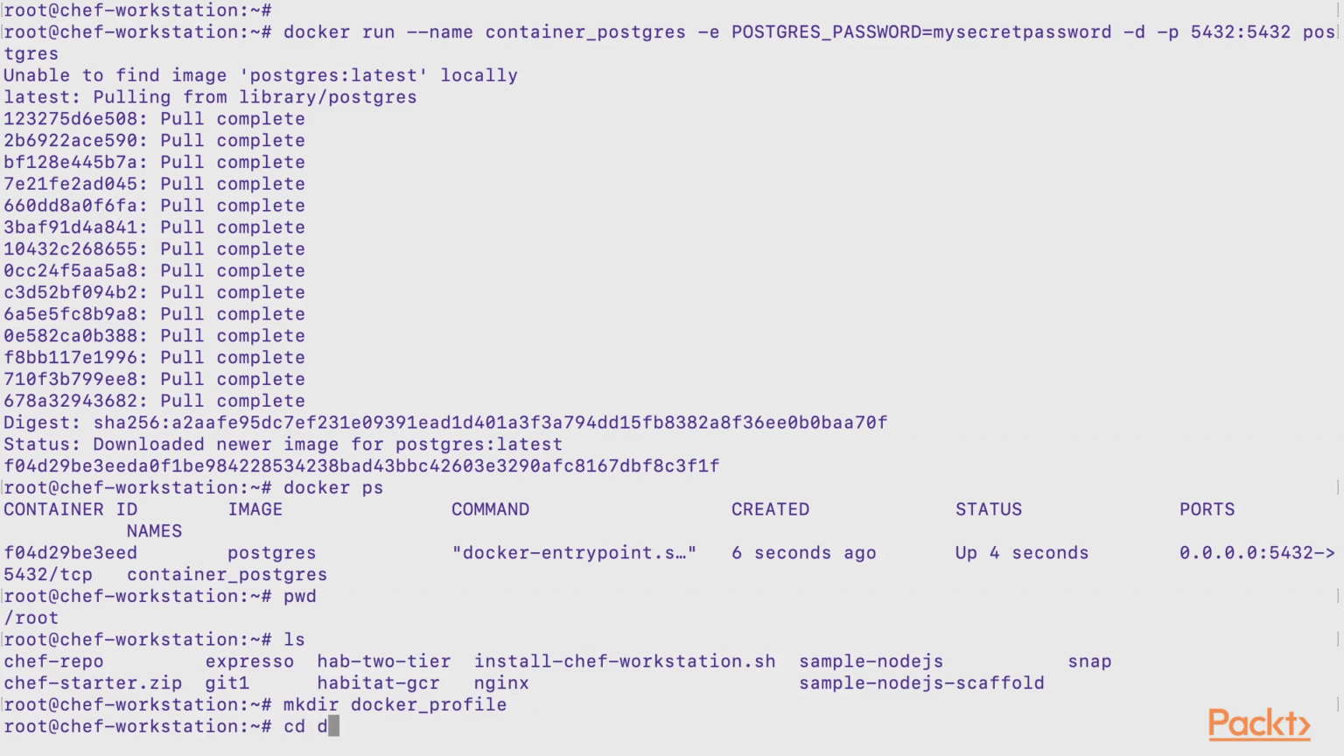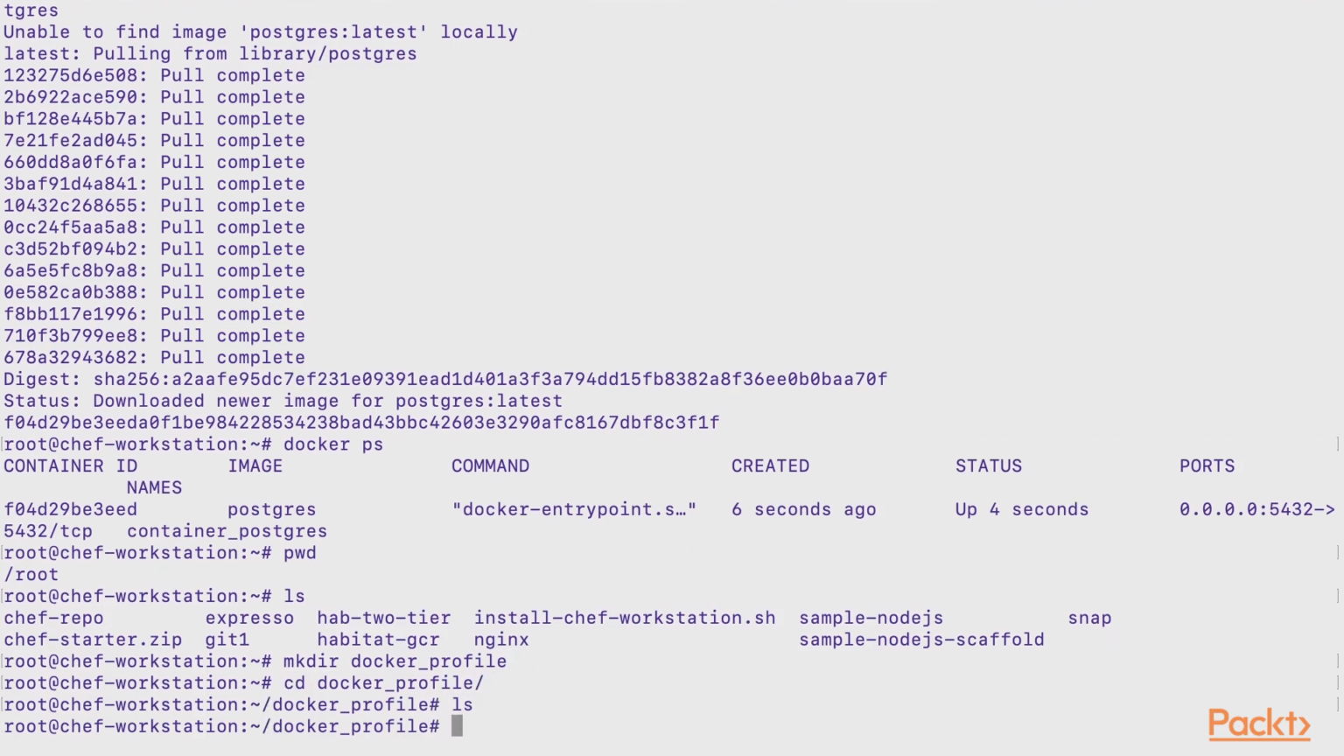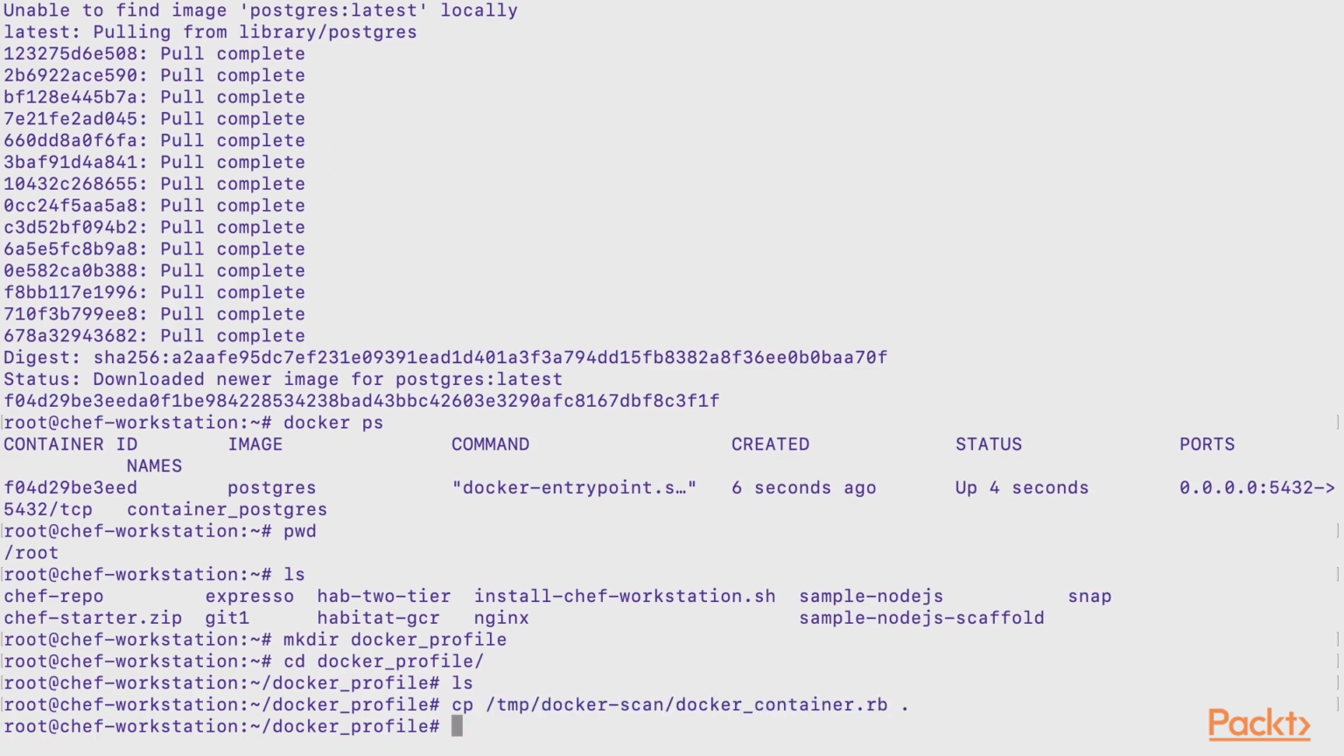We can create a test file which can ensure that this Postgres container is running and the ports are mapped. A simple inspect test can be created for this. I have already created docker_container.rb. Let me quickly run through the content of it for you. So I'll vi